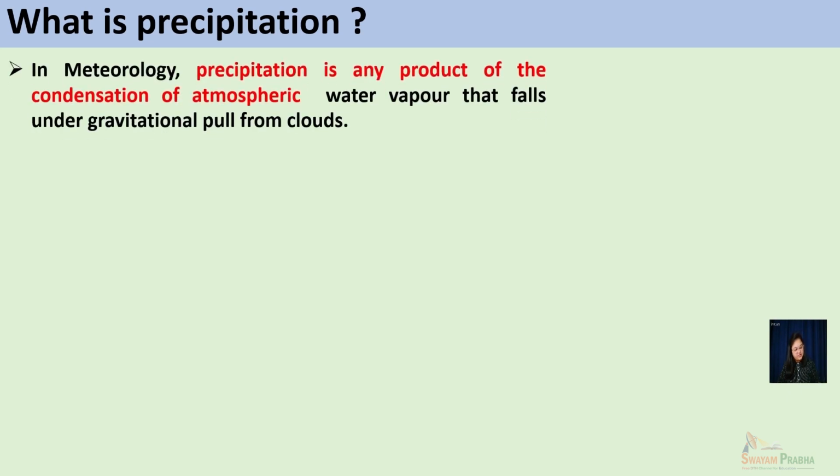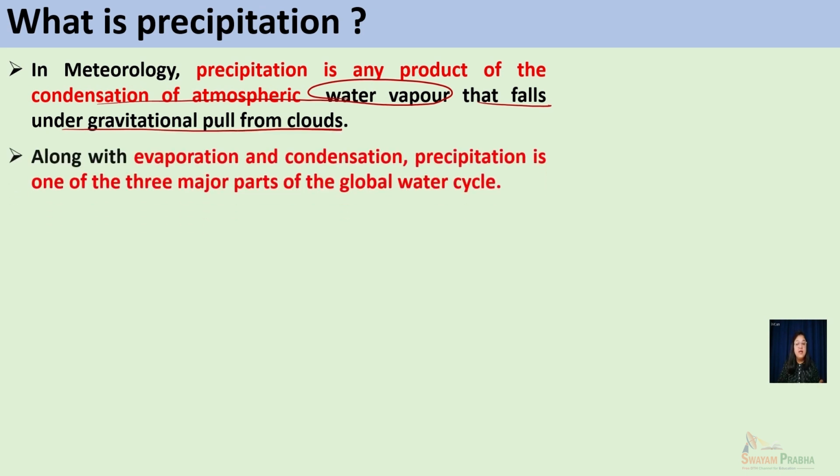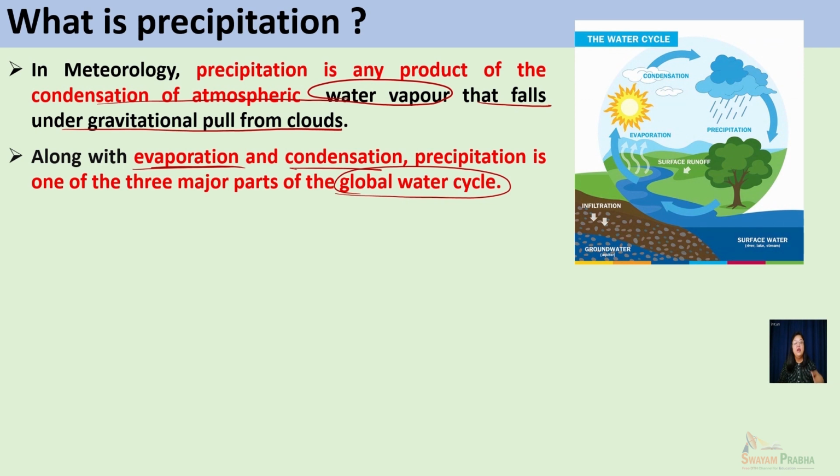In meteorology, precipitation is any product of condensation of atmospheric water vapor that falls under gravitational pull from clouds. So precipitation is a very important segment of the global water cycle along with evaporation and condensation, which redistributes moisture and water on our planet. So as we know, a constant water cycle is active on our planet, which is responsible for